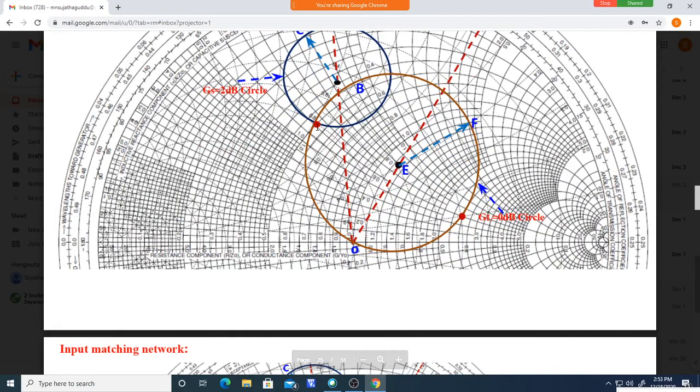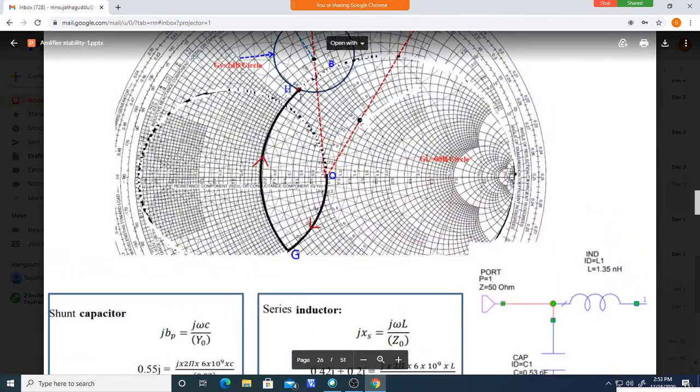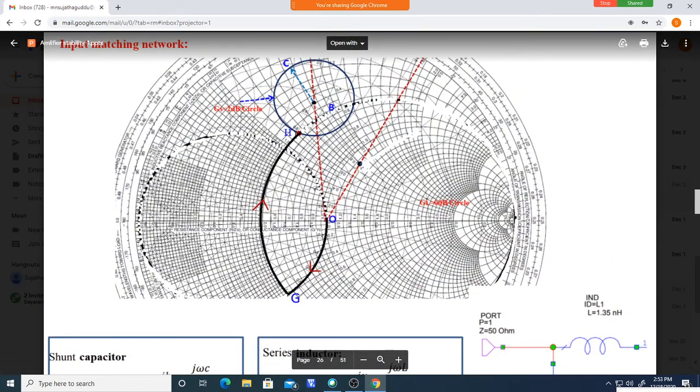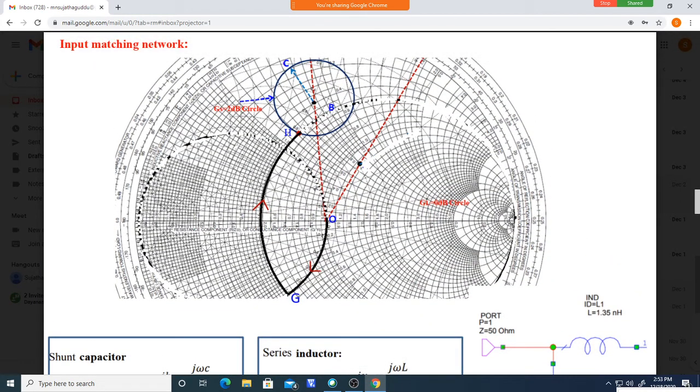Using this point, you can find out the impedance matching network. I have taken this as a point, and what I did, I am at the center here. I moved like this, then I moved like this to reach this point. So that is our answer. If you show the movements properly, you will get full marks. Even if some numerical mistakes are there, you may not lose more weightage, but your procedure must be correct.